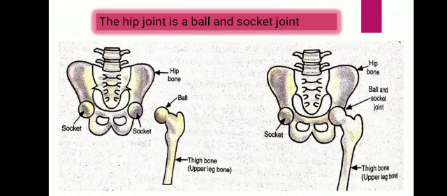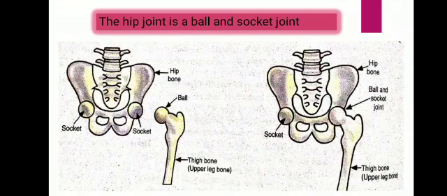Now about the hip joint. If we stand and move our leg around at the hip, we will find that we can move it forward and backward and from side to side, and we can also rotate it. This is because the hip joint is a ball and socket joint. Similar to the shoulder bones, the upper end of the thigh bone is round like a ball, whereas the hip bone has a socket. Okay, the thigh bone has the ball and the hip bone has the socket.